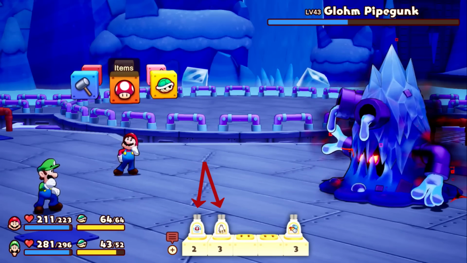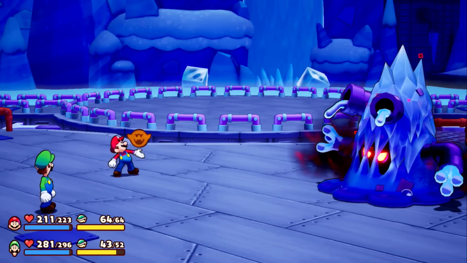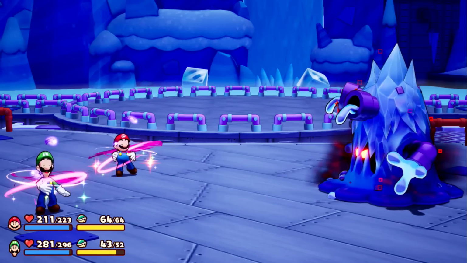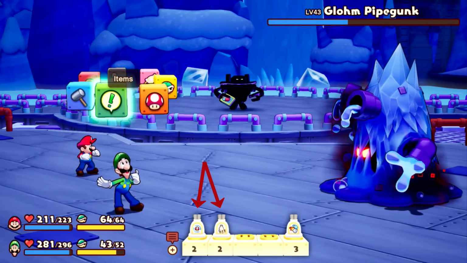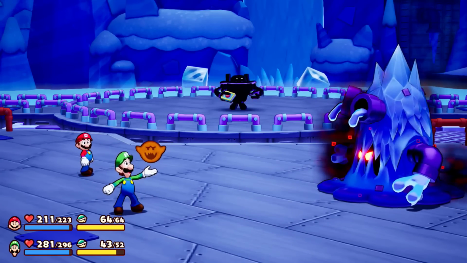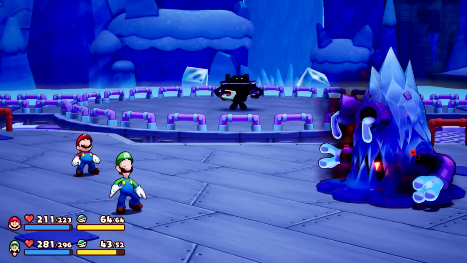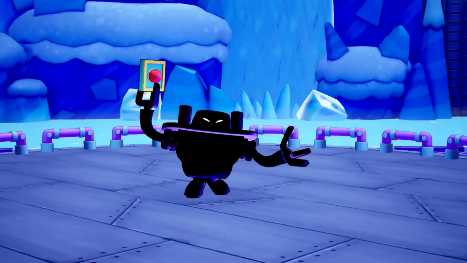It won't cost anything while a Boo Biscuit is active, which is great because the plan is to use Boo Biscuits and get them back with boomerang items like always. Only this time, have boomerang items and Charge Bank equipped at the same time, so Charge Bank always loses a charge instead. This will let us use all 3 charges of Charge Bank to put it on cooldown for 20